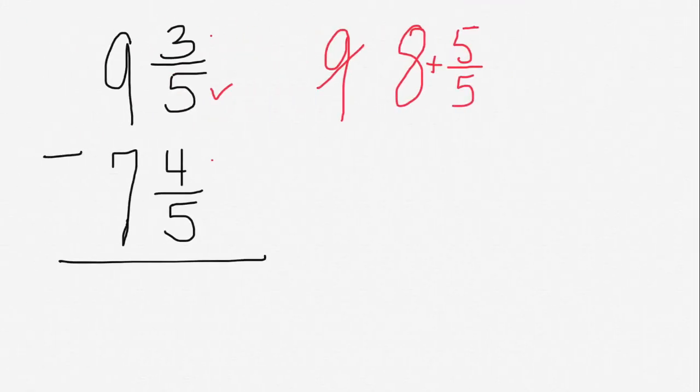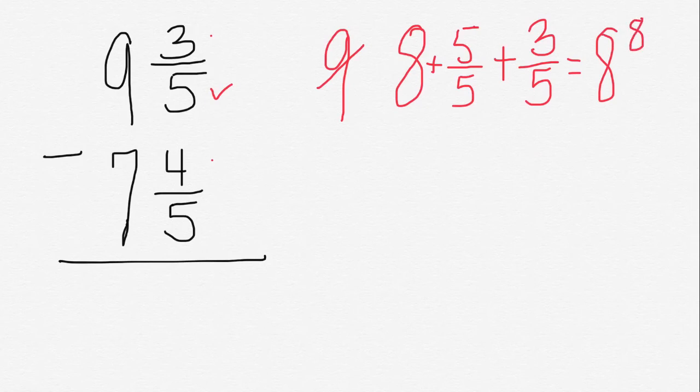So I have my 8 plus 5 over 5, which is equivalent to 9. I also need to add my 3/5, which is the other part of my number. So if I do that, I would have 8 and 8/5. Okay? So then if I bring over what I'm subtracting, 7 and 4/5,